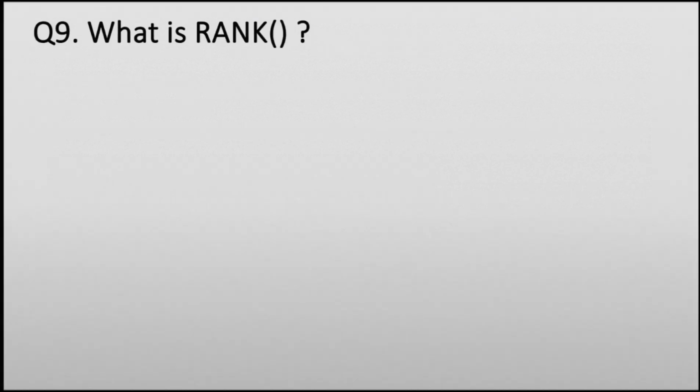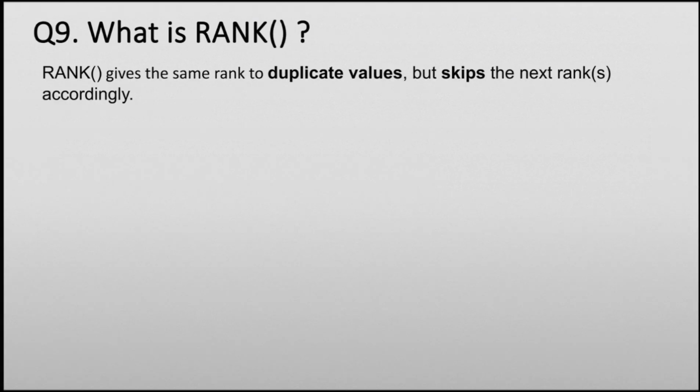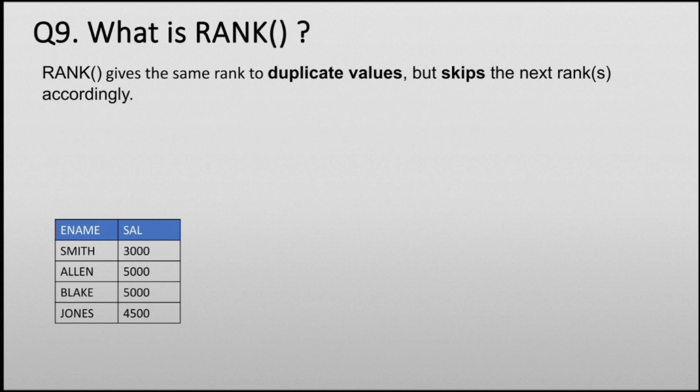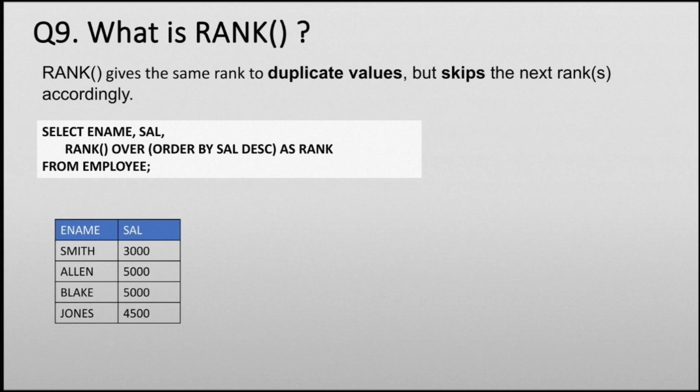The next question is: what is rank? Rank gives the same rank to duplicate values but skips the next ranks accordingly. Look at the example of an employee table with two columns, ename and salary. The query is: select ename, sal, rank over (order by sal DESC) as rank from employee. Now the rank function is being applied on the salary column, which is ordered in descending order. Now if we look at the result of this query,